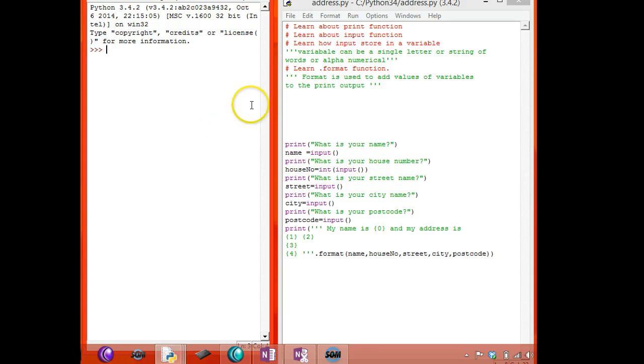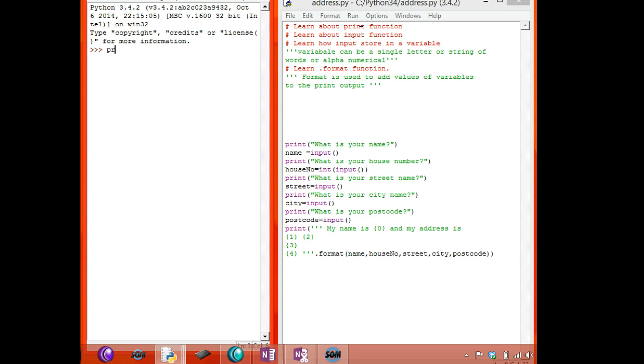In this tutorial, we are going to learn about basic functions of Python. The first function we are going to learn is the print function. The print function is mainly used to print output. It could be on a screen or it could be printed out on paper also. First, we will see how to use the print function and print some output on the screen.